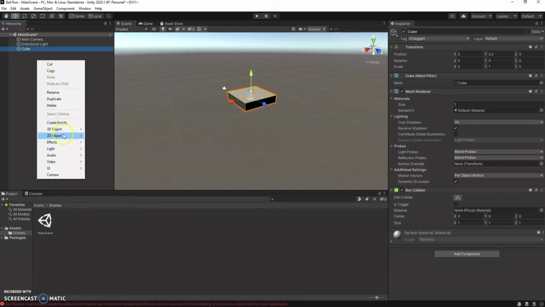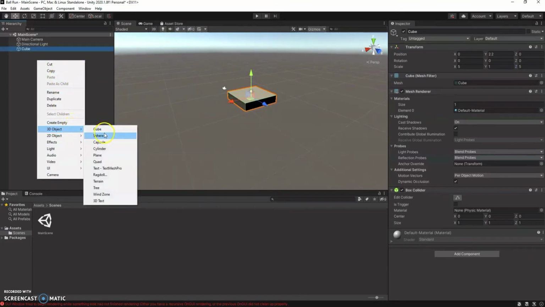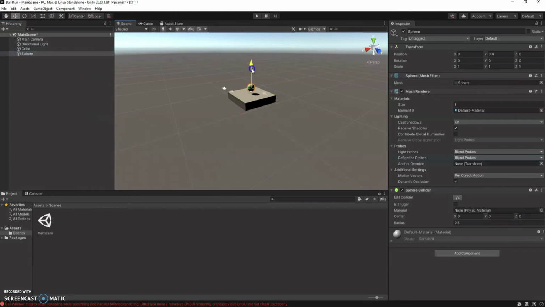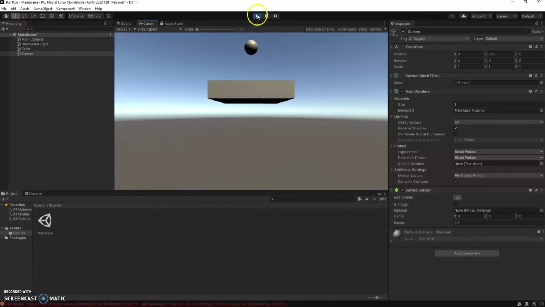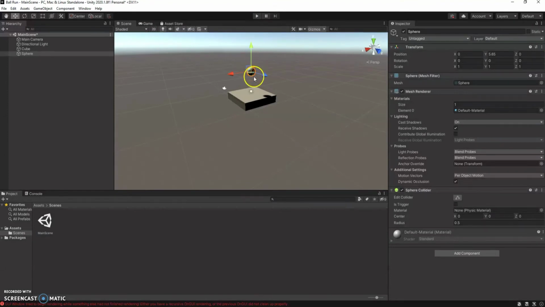From there, let's create the sphere. 3D object, go to sphere, and it's actually at 0, 0. Let's pull it up above the cube. Okay, you can see the shadow, it's already above. Right now, if we were to press play, there is no gravity, so it's like we're in space, nothing's going to happen. In the sphere, we do have to add